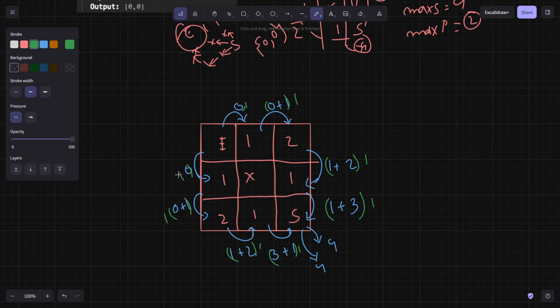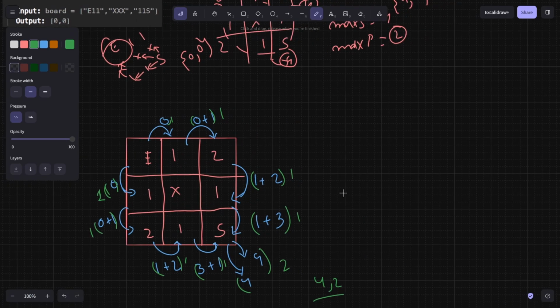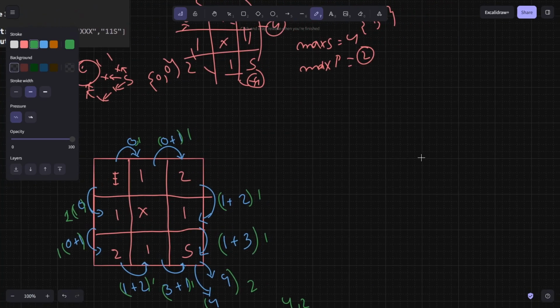And how many ways can we get 4? There are 2 ways to get 4. So at last it's going to return 4 comma 2. 2 ways to get 4. And if you see, what I'm trying to say is, for example, we have something like,